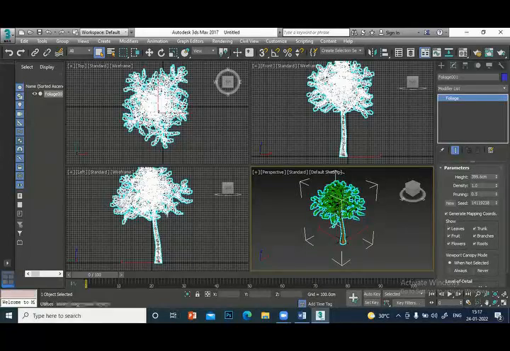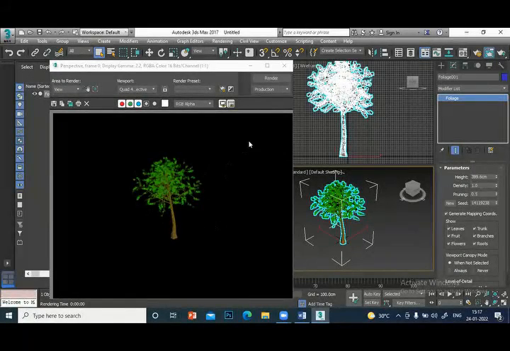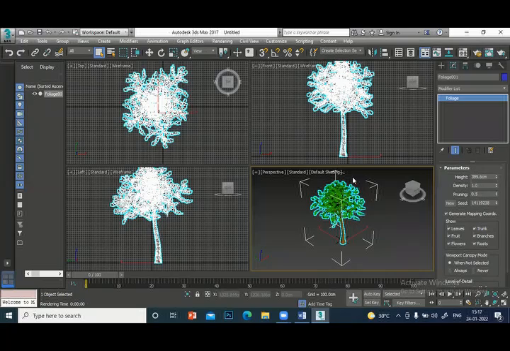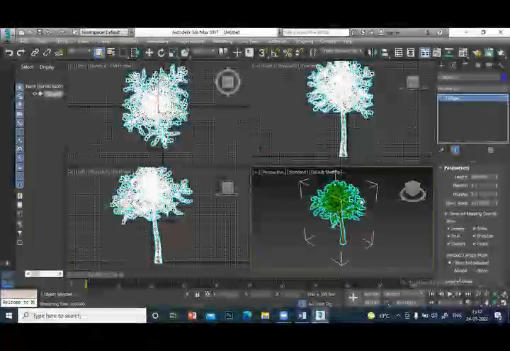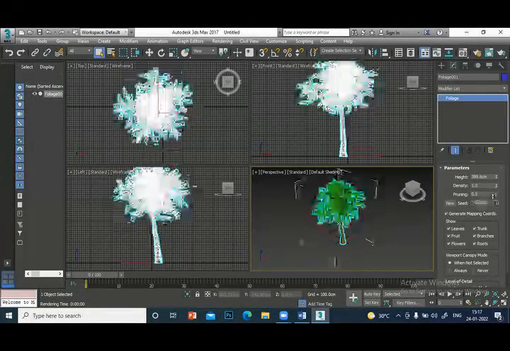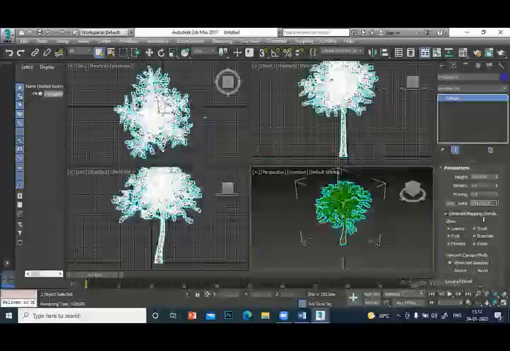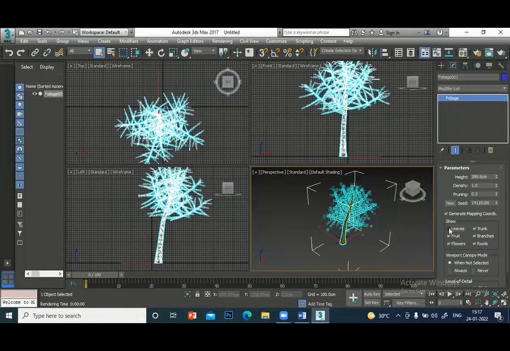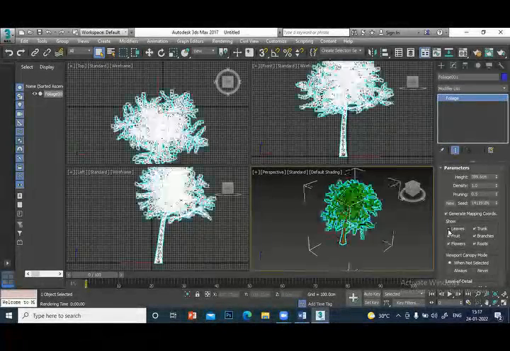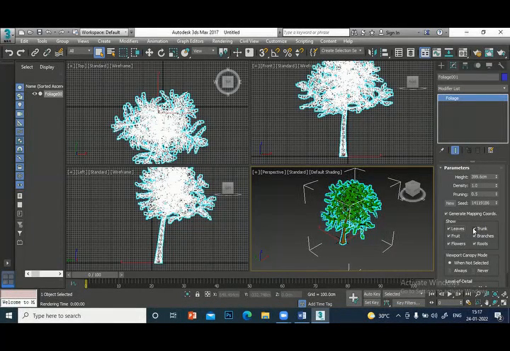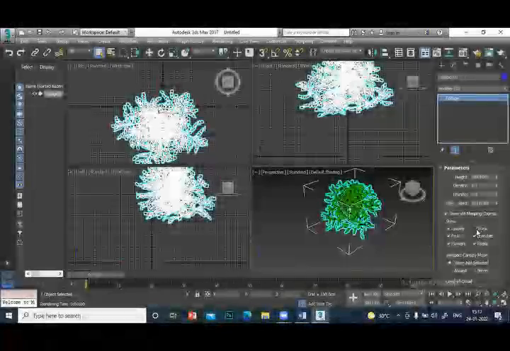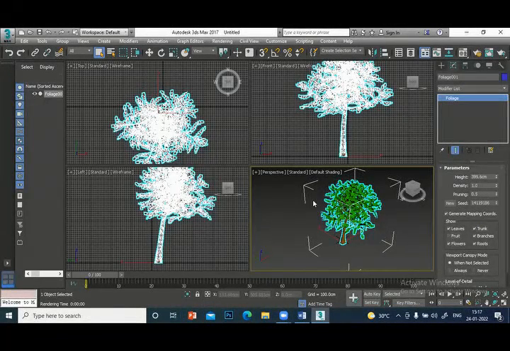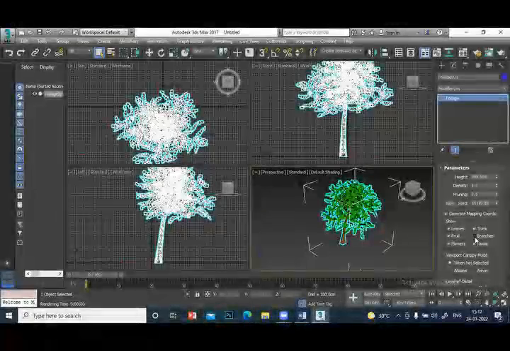Another type of tree, same tree, but another type. You see, you can modify according to your convenience. This is the number of seeds, number of parts of that. When you increase or decrease, everything will change. Leaves, all the leaves are removed. When you click this leaves, you can see the leaves. Trunk, this is a trunk. No trunk there now. Fruits, in this there are no fruits. Branches, small branches are there.